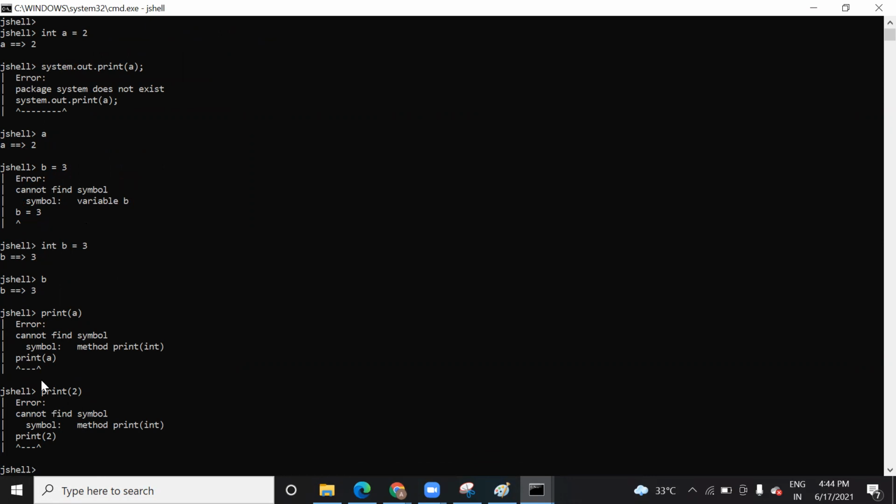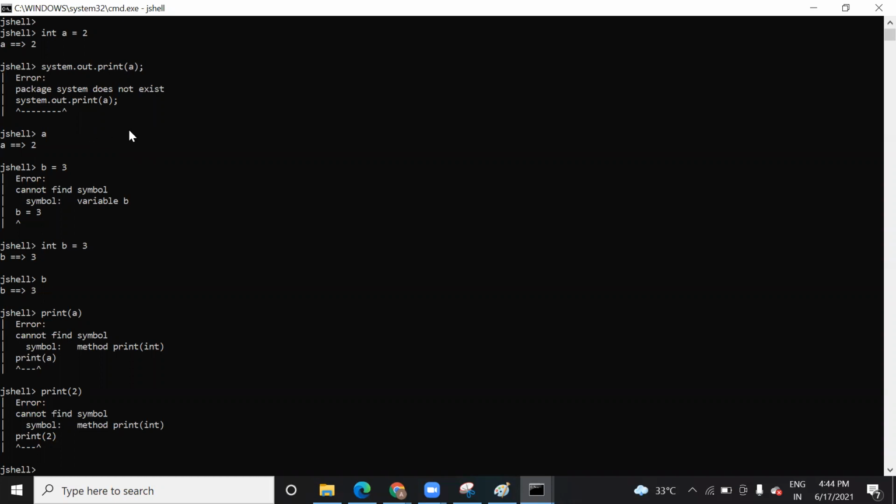And why is it giving an error on this System.out.print? Because in the JShell we are not using any import and we are not using any class and all, not even public static void main. So System.out.print means saying that inside this System, inside this package, there is a print function that it is going to access. As we are not creating any method here, not creating any class here, not even a main method here, how will it find it? That is why it is giving an error.